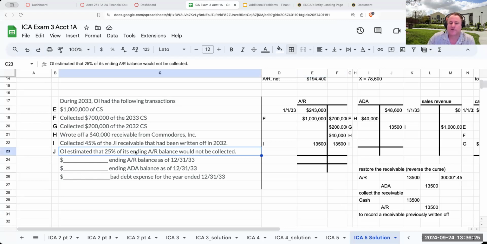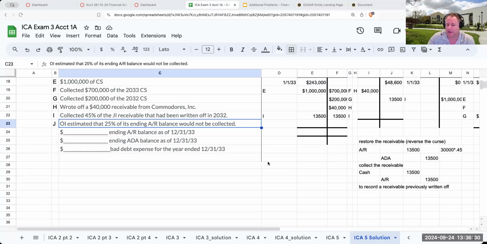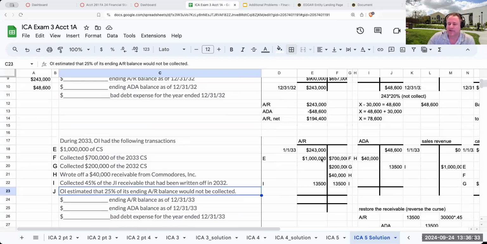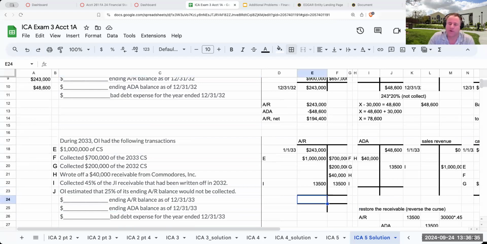Now, here it says I'm estimating that 25% of my ending AR balance will not be collected. So similar to what I did last year, I'm going to basically say, okay, what's in my AR account? Well, I have the 243 beginning million of credit sales, reverse the curse. I had to restore that AR. So 1,256,500. Now less collections of 700, collected 200,000, collected 40, and then I collected the 13.5. So over here, my ending balance in accounts receivable is